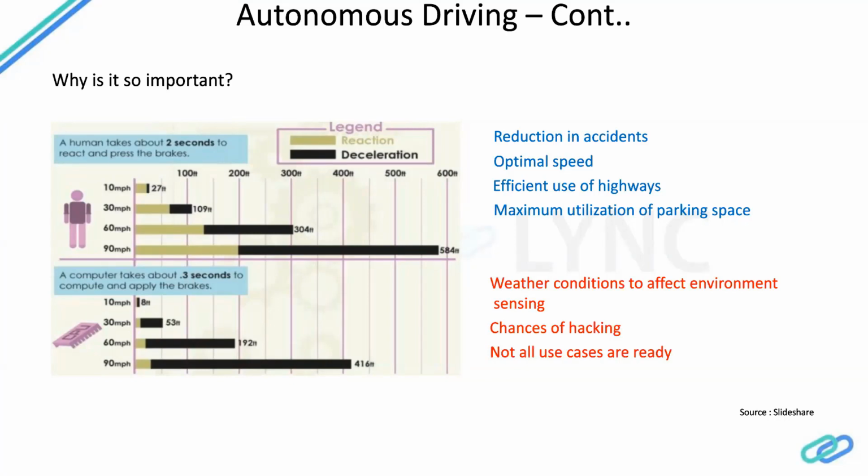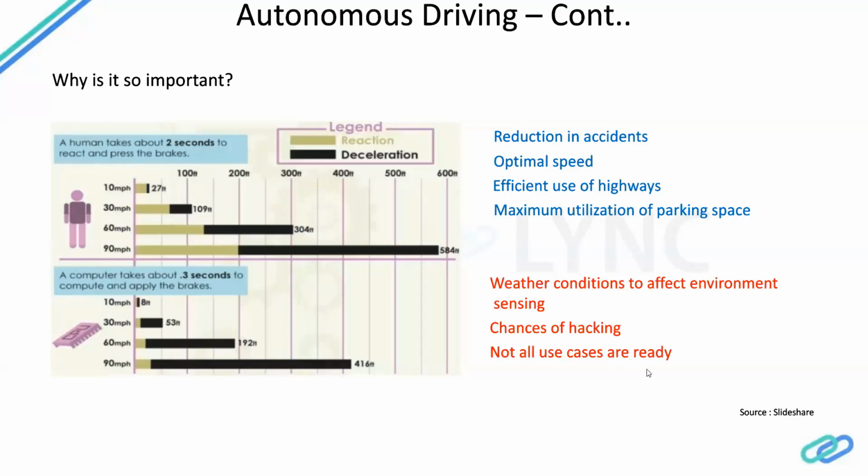Then there are chances of hacking in this ecosystem of autonomous driving. All the autonomous driving vehicles need to talk to each other. Suppose I am going ahead on a particular road and I see there is a road blockage. If I can pass this information to another vehicle coming behind me, then that person can avoid taking the same route. There are obviously a few more, but this is one prominent example I could think of right now. In this kind of situation, when this communication is happening, there are chances that third parties can hack and manipulate the data being sent from one autonomous vehicle to another. Obviously there are measures now in terms of cyber security, but that is also under development currently. So not all use cases are ready.